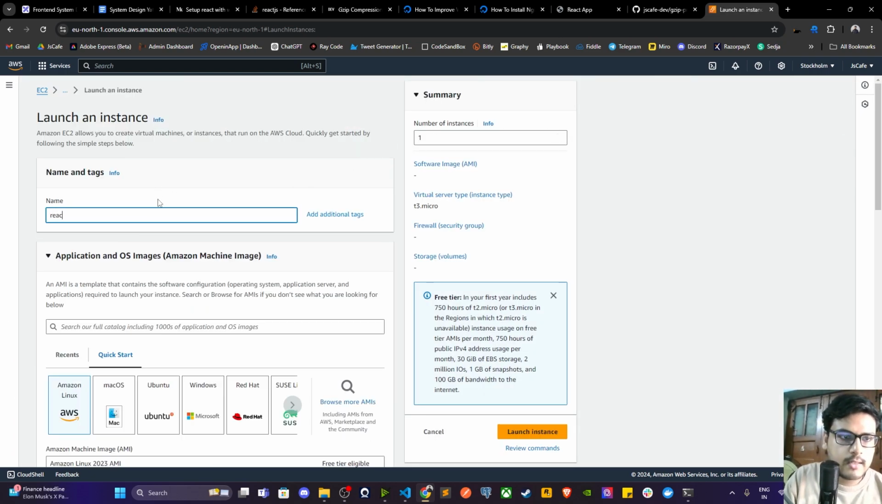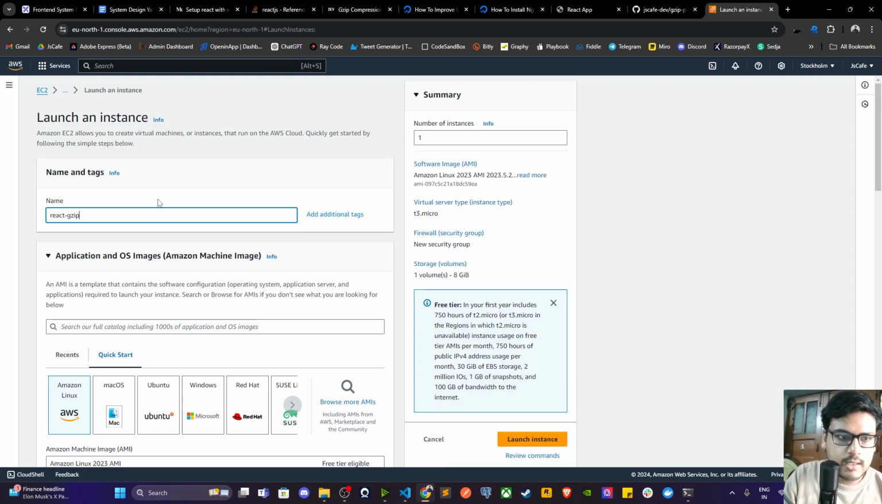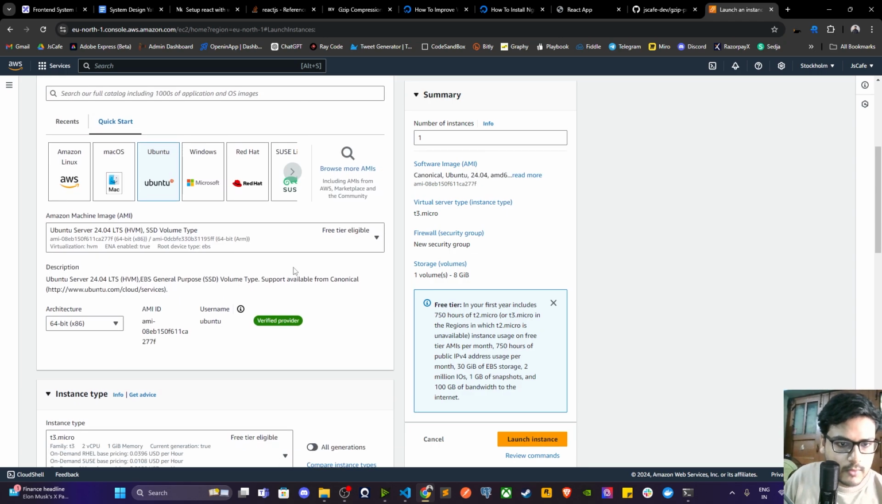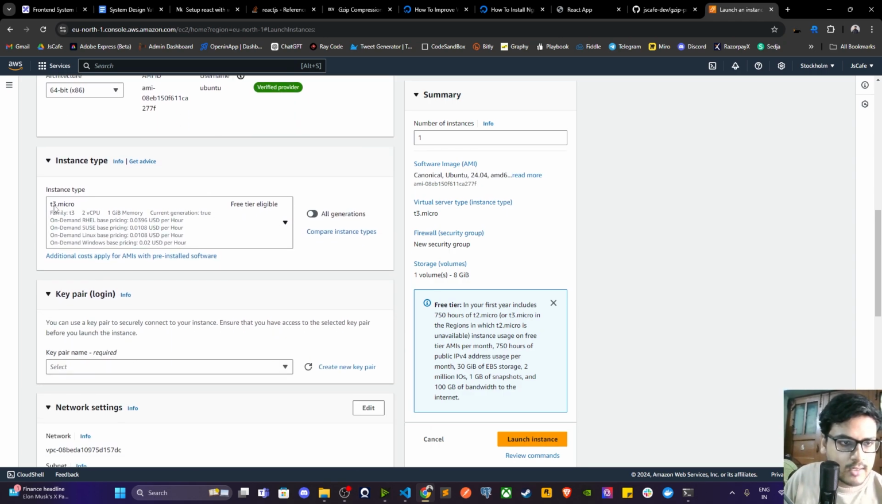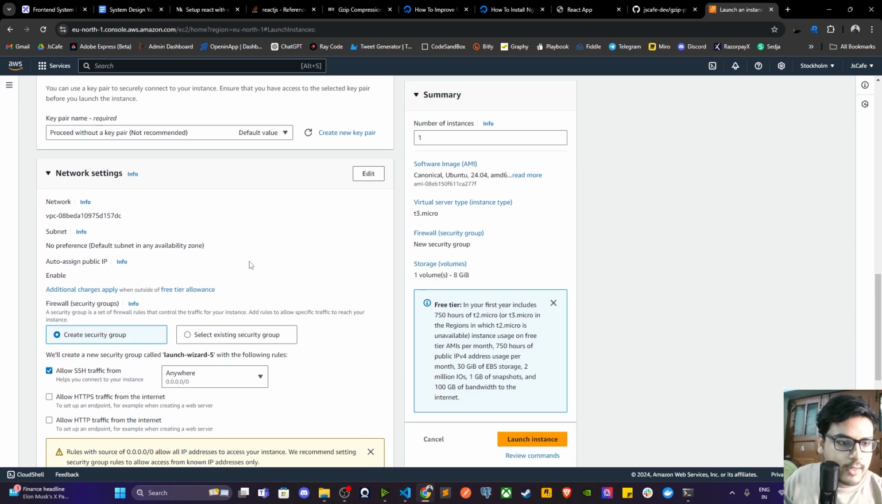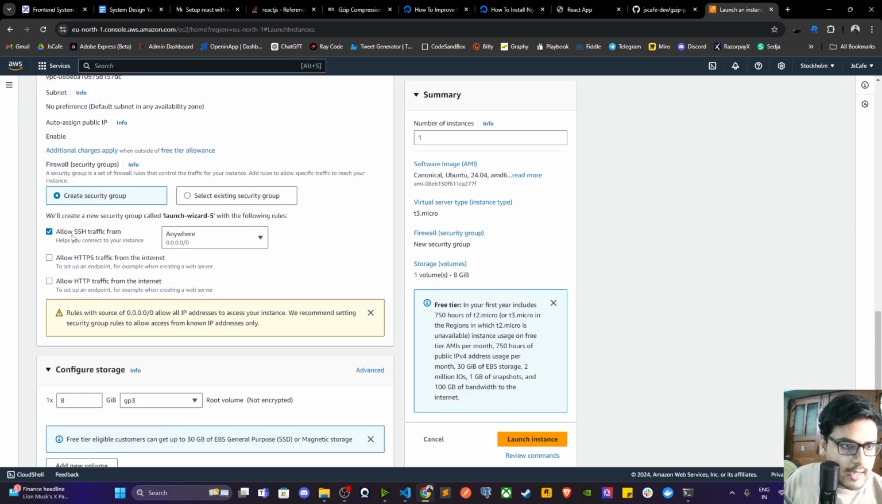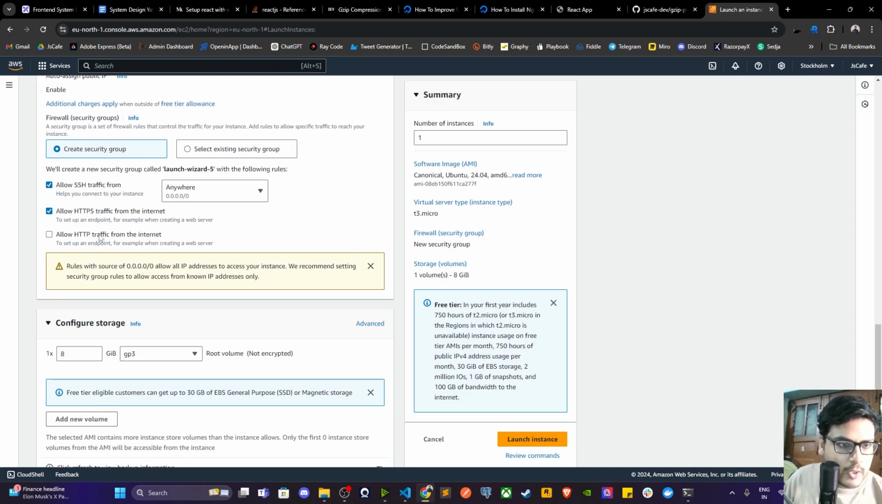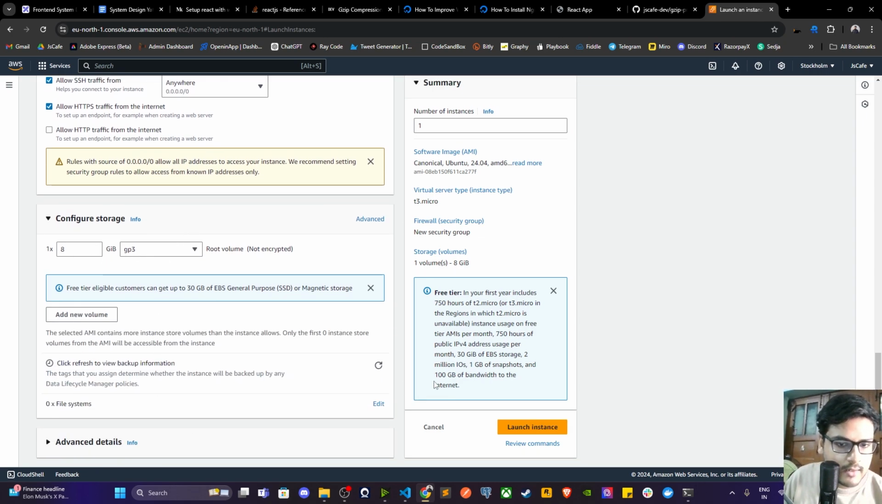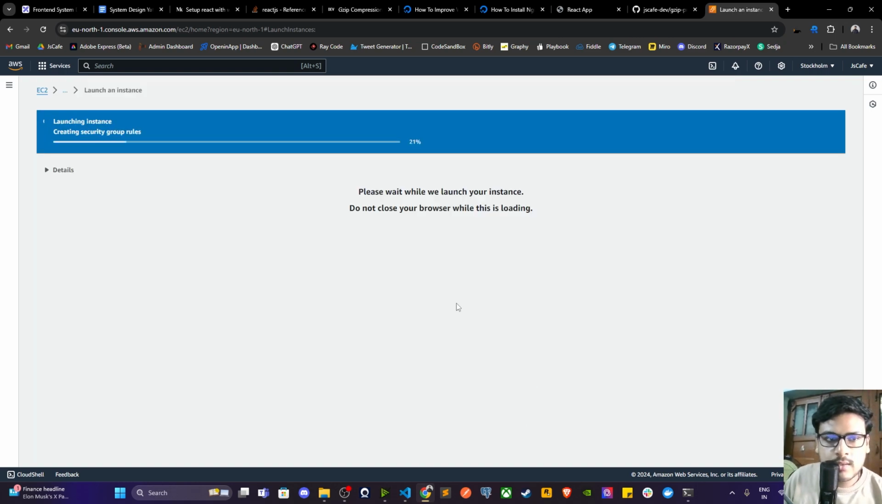Let's call this React gzip, and let's select Ubuntu 24, SSD, free tier, 64-bit architecture, t3 micro. Just for the sake of this tutorial, you can proceed without a key pair, and allow SSH traffic, allow HTTPS traffic. Don't select HTTP, otherwise it would become an HTTP network. Then just hit launch instance,